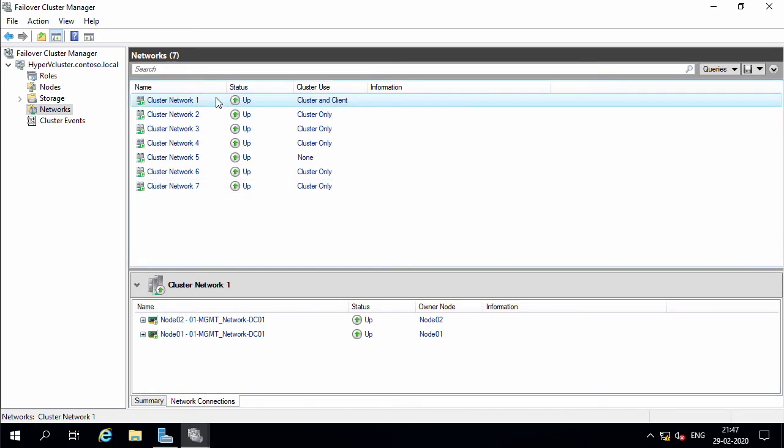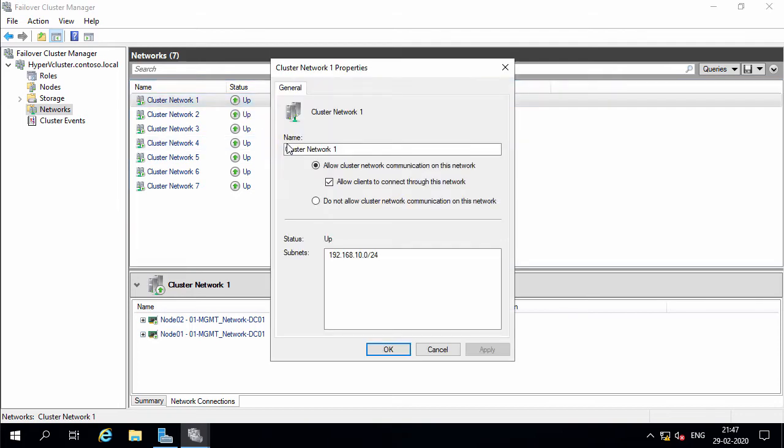So if I click on Cluster Network 1, you can see the management network adapters of all cluster nodes. Hence, I'm going to rename this Cluster Network 1 to something more meaningful. To rename the cluster network, you simply right-click on it and go into Properties. And I am going to rename this as 01 mgmt underscore network hyphen dc01.